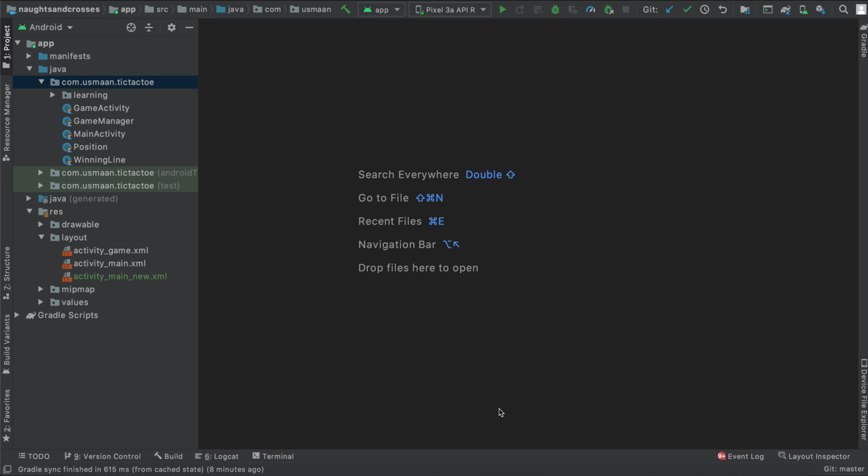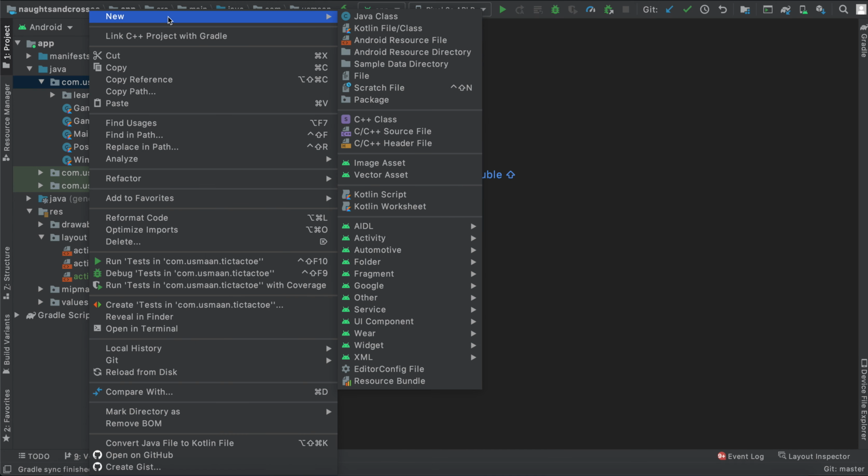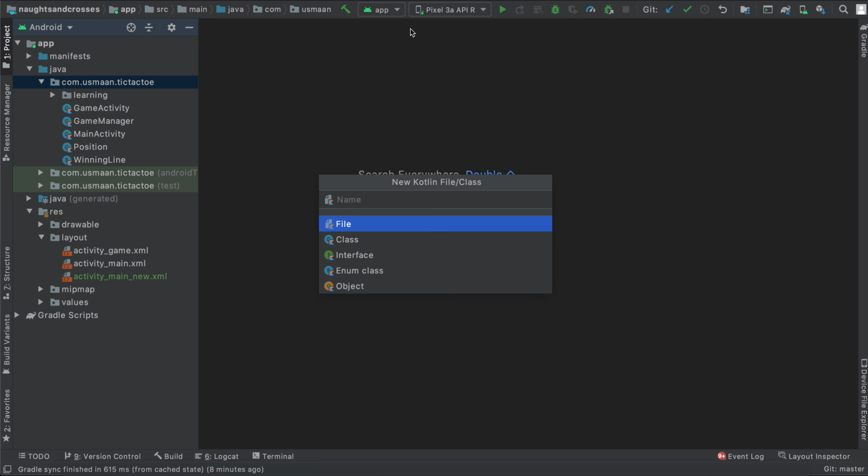Now there's different kinds of view groups. There's linear layout, relative, frame, there's constraint layout, there's a few more. But in this video we'll give a few examples of some view groups, but we're going to be mainly focusing on constraint layout. So without further ado, let's go straight into creating a Kotlin class,